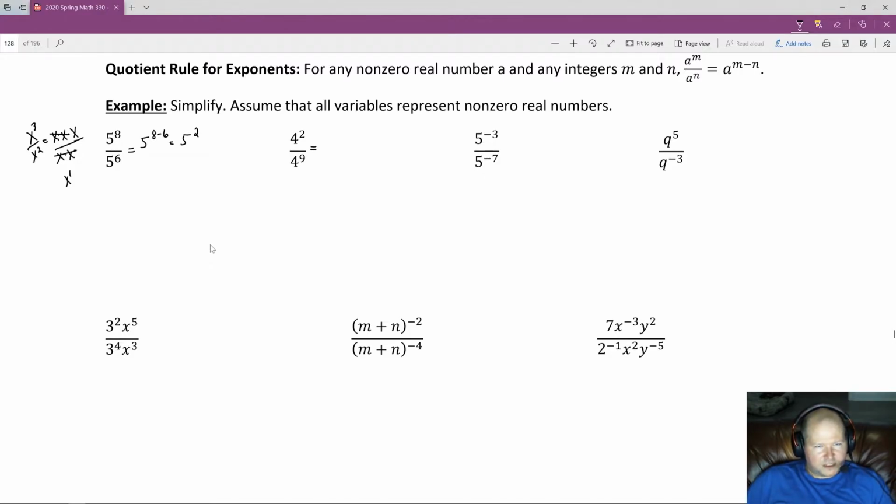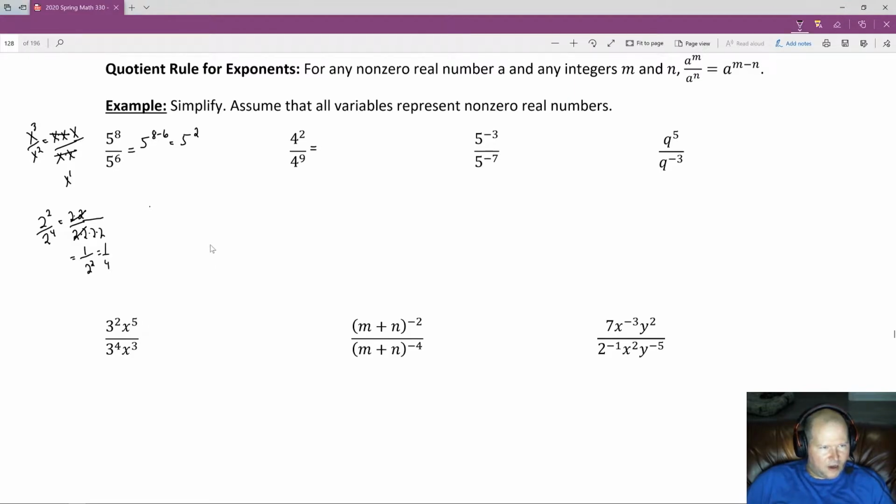Now, you might find this a little confusing, but it really shouldn't be. So let's just flip the paradigm a little bit. Let's say we have, I don't know, 2 to the second over 2 to the fourth. Just like the previous example, but now you have more in the denominator than the numerator. In this case, you could simply say, well, it's 2 times 2 over 2 times 2 times 2 times 2, in which case the 2 2's on the top cancel out with the 2 2's in the bottom, leaving me how many? 2 2's on the bottom, right? Which we would simply write 1 over 2 to the second power,